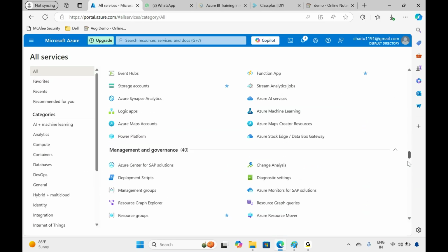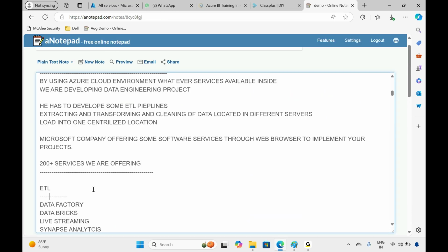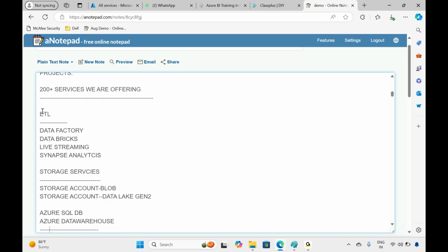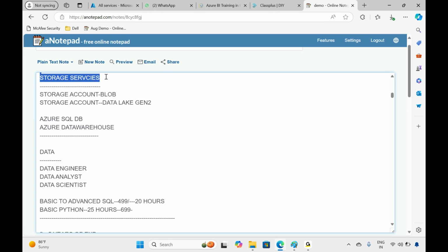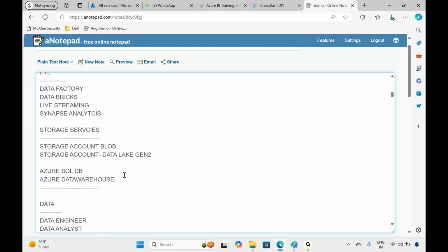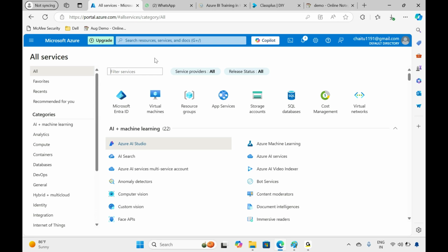Are we going to use all the services? Are you going to learn all the services in this training? No. Our focus is only on the data engineering related services only. Remaining services, who will learn? The remaining services will be for a developer or an admin or a DevOps engineer, whoever, according to your job role, whichever you want to learn, whichever you want to work on, you have to choose that one only.